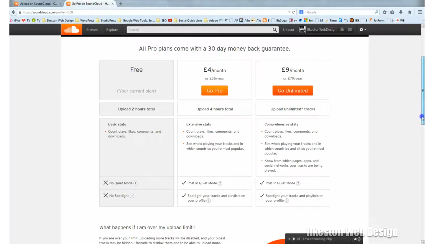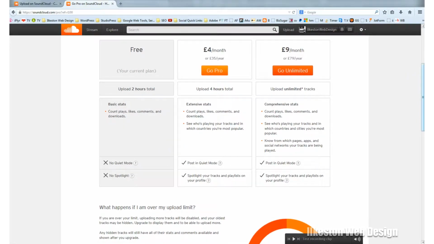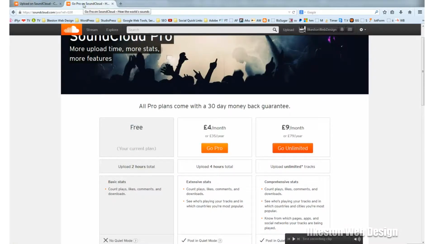You can get a SoundCloud app for the iPhone actually. Now, as it stands at the moment, I'm recording directly into SoundCloud. If you're watching this on YouTube, you can see that I've recorded directly into my browser, and when I speak, you can see the waveform being created in real time. And at the moment, we're at 10 minutes 17 seconds, so that's just going to continue recording in the background simultaneously.